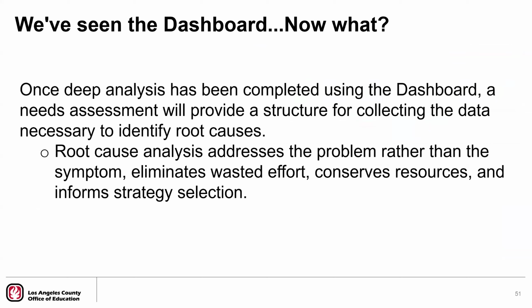Once data from the California dashboard has been collected and analysis begins, the next step is to take a closer look at the causation of potential disproportionality and challenges among student groups and student programs within the data. This means going beyond the dashboard to conduct a more detailed investigation that helps to better understand the factors contributing to these challenges. While uncovering root causes will come later, this deeper analysis is essential for laying the foundation of a needs assessment. It provides a clear structure for gathering additional data and refining a focus, allowing for more targeted questions to be asked that will eventually guide the root cause analysis. So, what are the steps in a needs assessment?